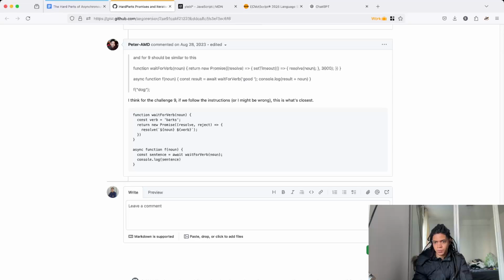Yield is a string. Yield is set timeout of this callback function here,